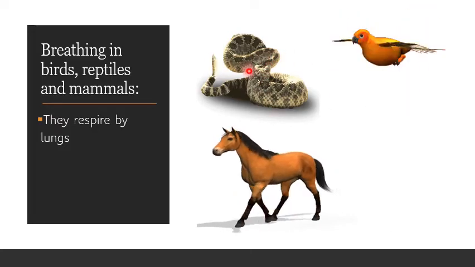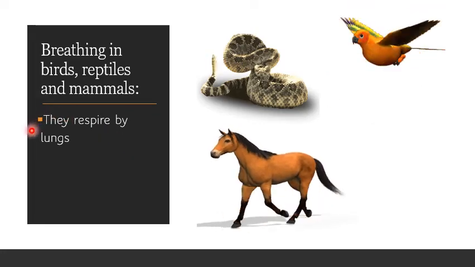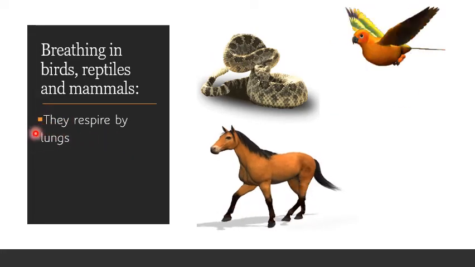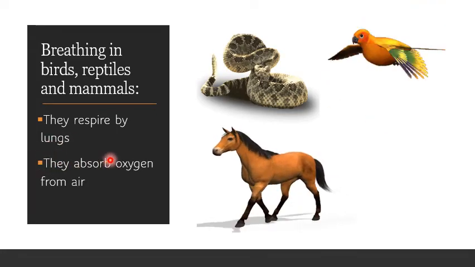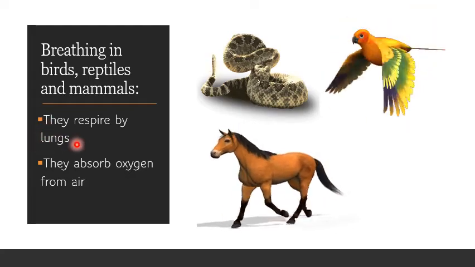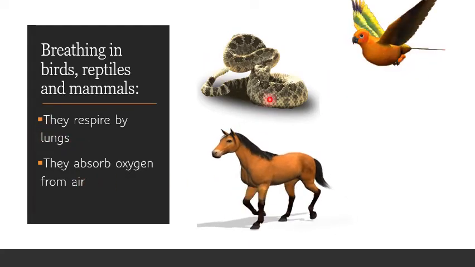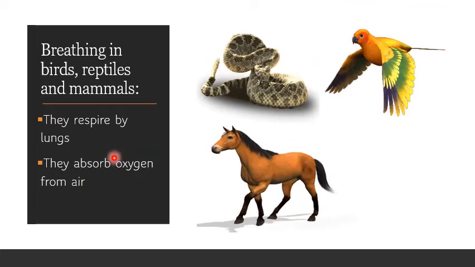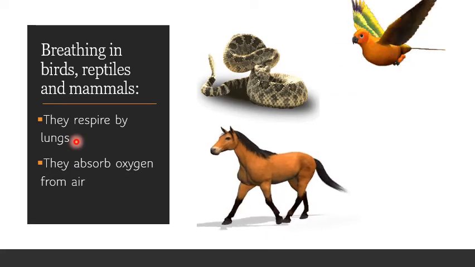Because they all respire in almost the same way, and that way is they are all specialized with lungs. They absorb oxygen from air, as lungs are specialized to absorb the oxygen dissolved in air. All these animals absorb the oxygen from air. They respire through their lungs. Now,